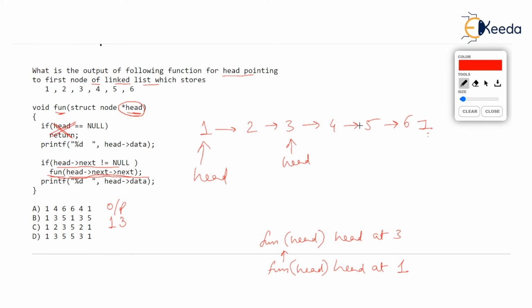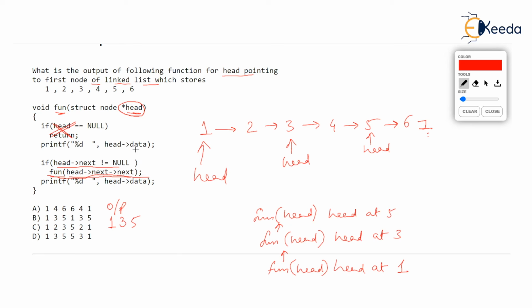That means we are passing the address of phi. Now, in case we pass the address of phi here, then fun is going to start again. Fun will start with the head parameter and head at phi. So this head pointer is now pointing at phi. If you start this function again, head is now pointing to phi. Head equal to null is false. So it will print head arrow data. So the next output printed will be phi.